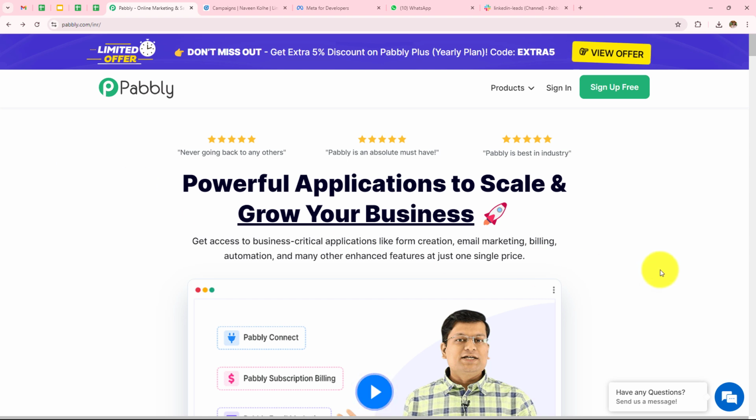On the top right corner, you can see two options, sign in and sign up for free. If you are an existing user, click on sign in. But if you are a new user, click on sign up for free and this will give you 100 tasks free on monthly basis. As I am an existing user, I'll click on sign in.